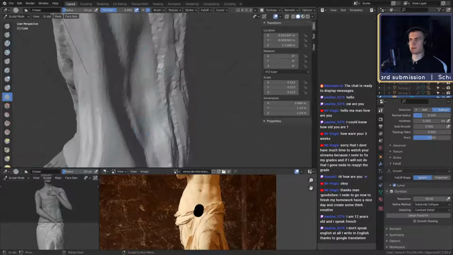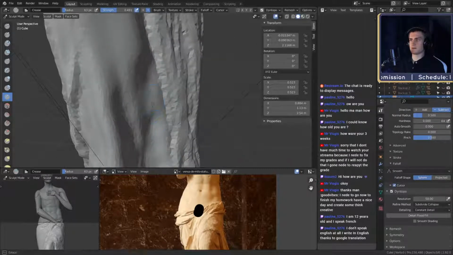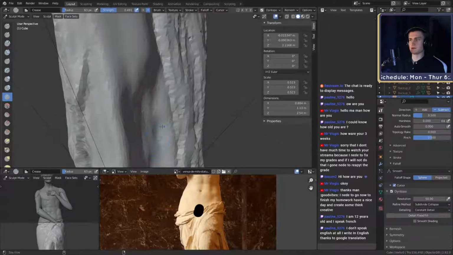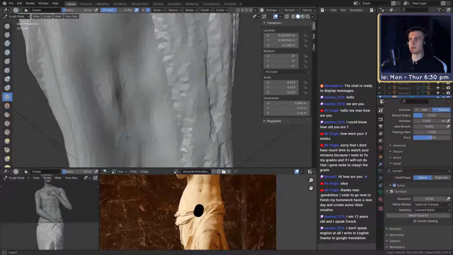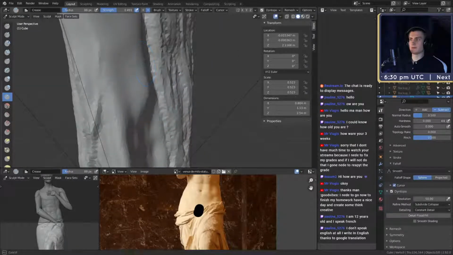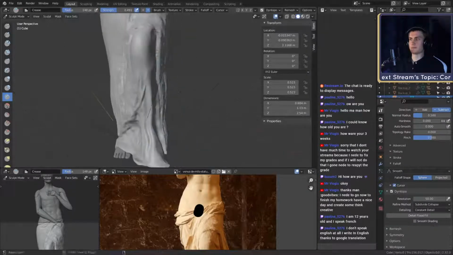This way I can accentuate the mass of volume I have on the right side, and I can also make it more clear that the cloth is lying on her leg, just how it is in the sculpt, the original.